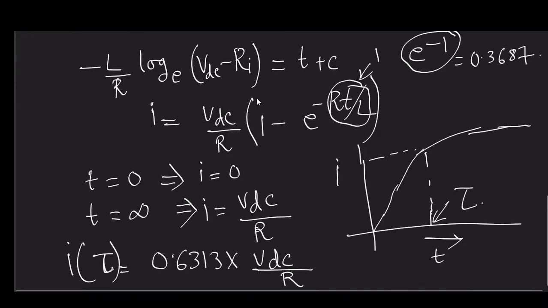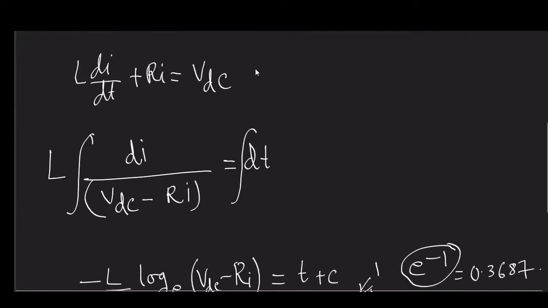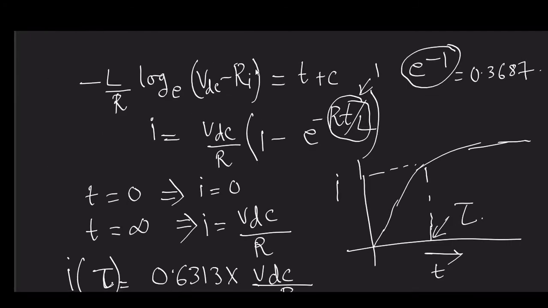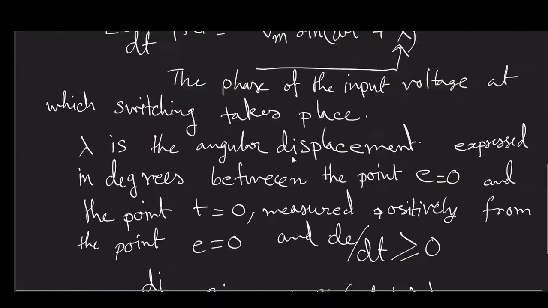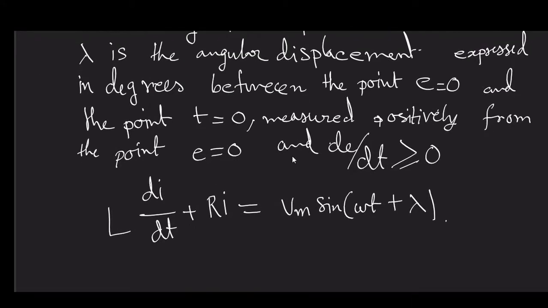In the previous case, what form of equation did we get? Yeah, this one, VDC by R, right? Let us do something like that. Here the only change is that we have Vm sin omega t. So let us first do a side transposition of L, and we will have